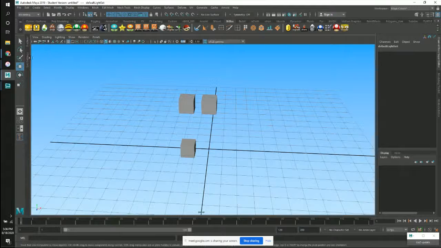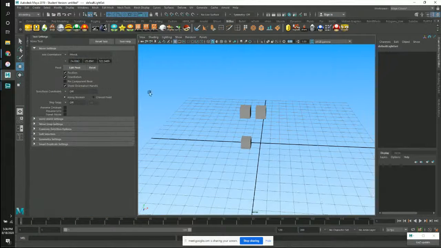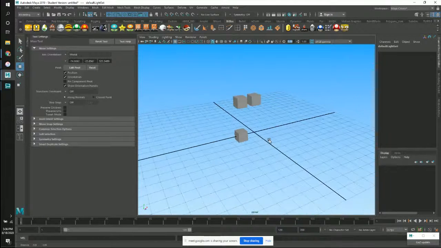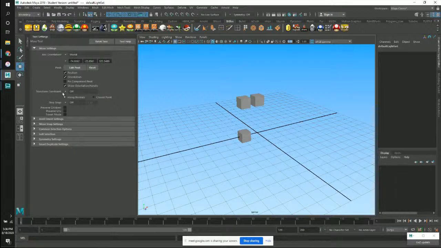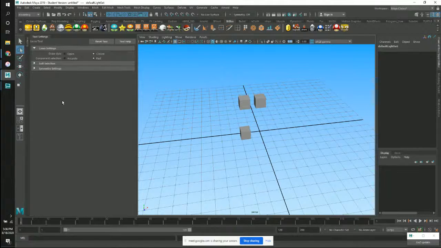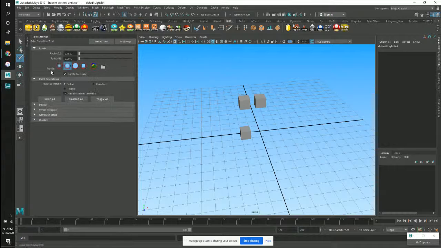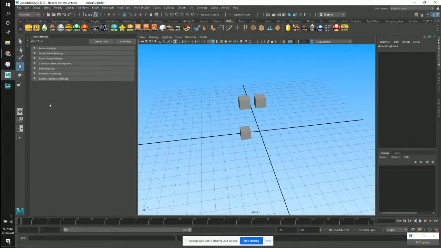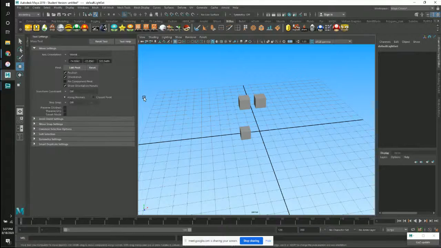Our next little panel. These are part of the essentials. These are panels we're going to be working with on each project, every project. Tool settings. Tool settings change for each tool that you're working with. The lasso tool has different settings, selection has different settings, move, etc., and we get into more